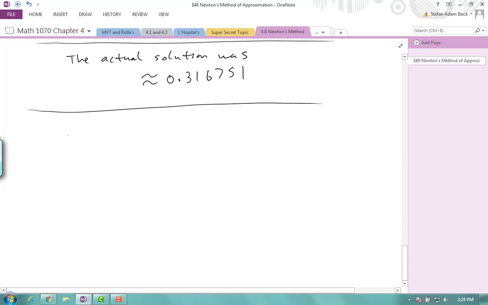But Newton's method also has its drawbacks. Recall, for example, that arctangent has a 0 if x is equal to 0. It's in fact the only solution. But what happens if I try to use Newton's method of approximation on this function? Well,